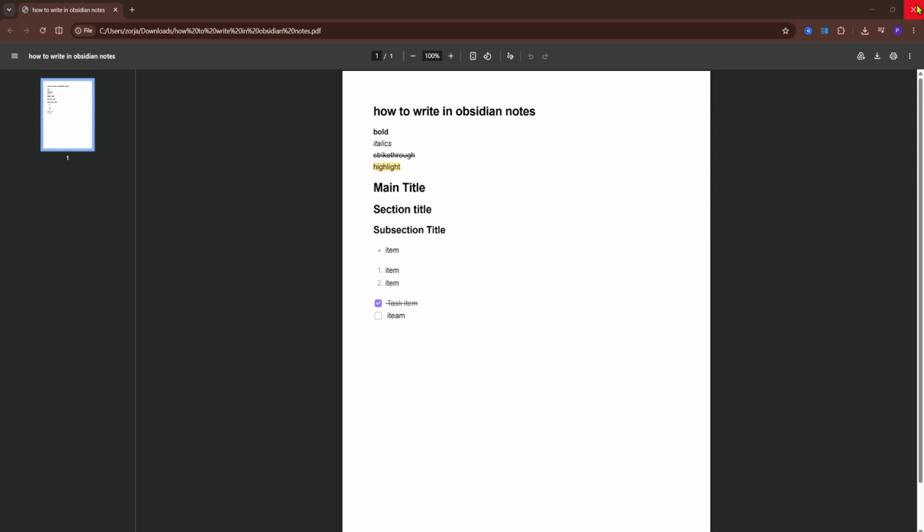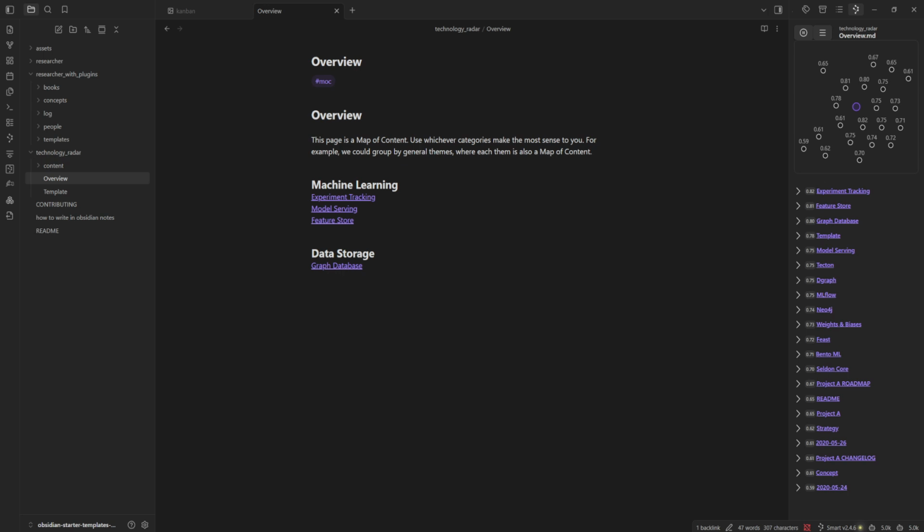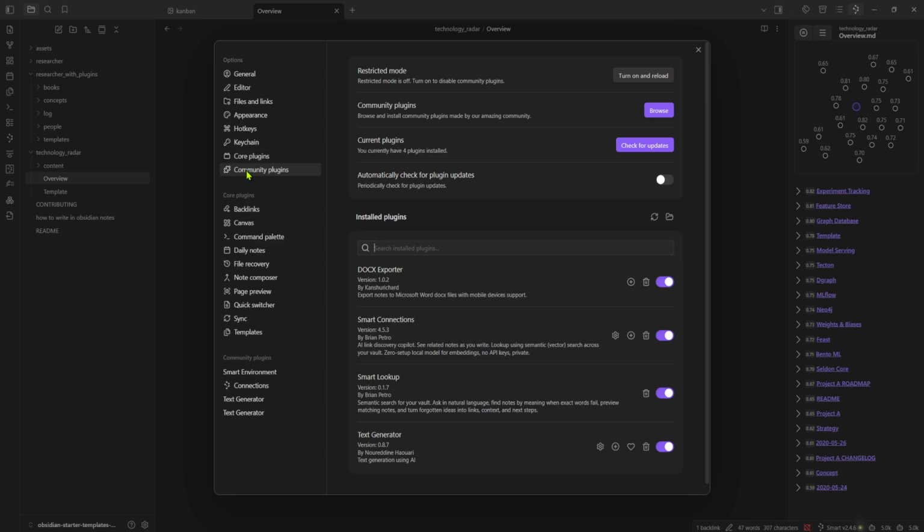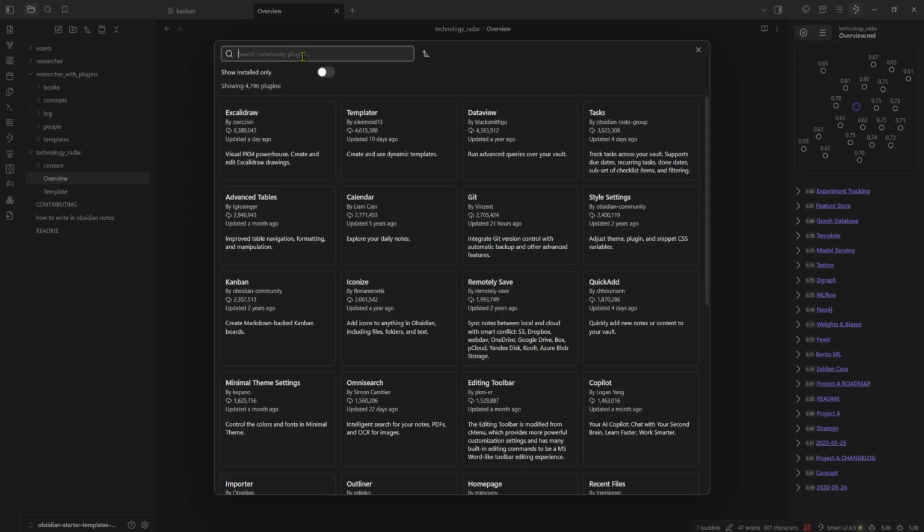Now the second option is basically as in the previous video, in which I showed you how you can convert to a Word document. It is the same thing here. So let's head over to the settings at the bottom left corner, and then community plugins, and let's go to browse, and we will search for HTML,